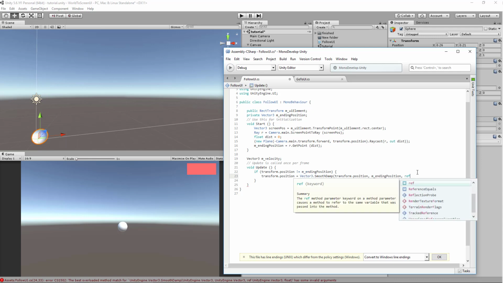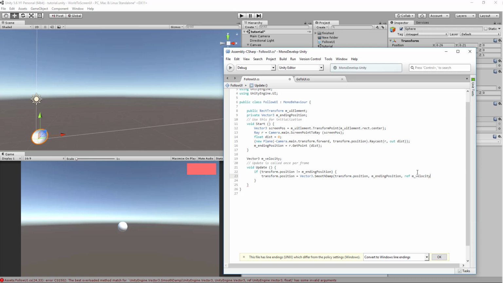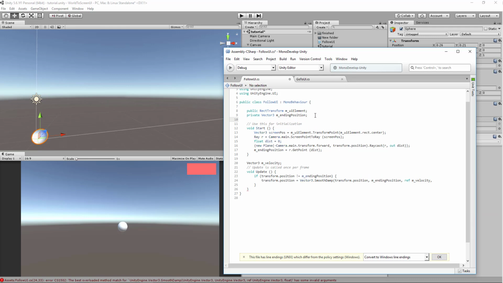We need the ref keyword, and we also need a smooth time that will control the speed of our interpolation. Let's create a public float smoothTime, and let's put 1 for now, and I think that's it. Oh, I just missed one parenthesis here and not here. Okay,